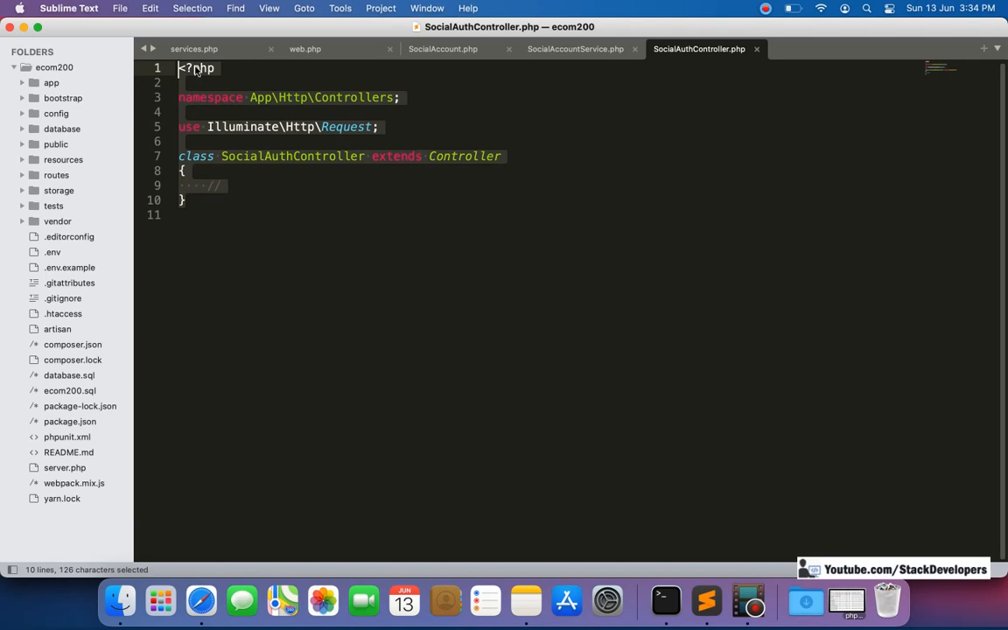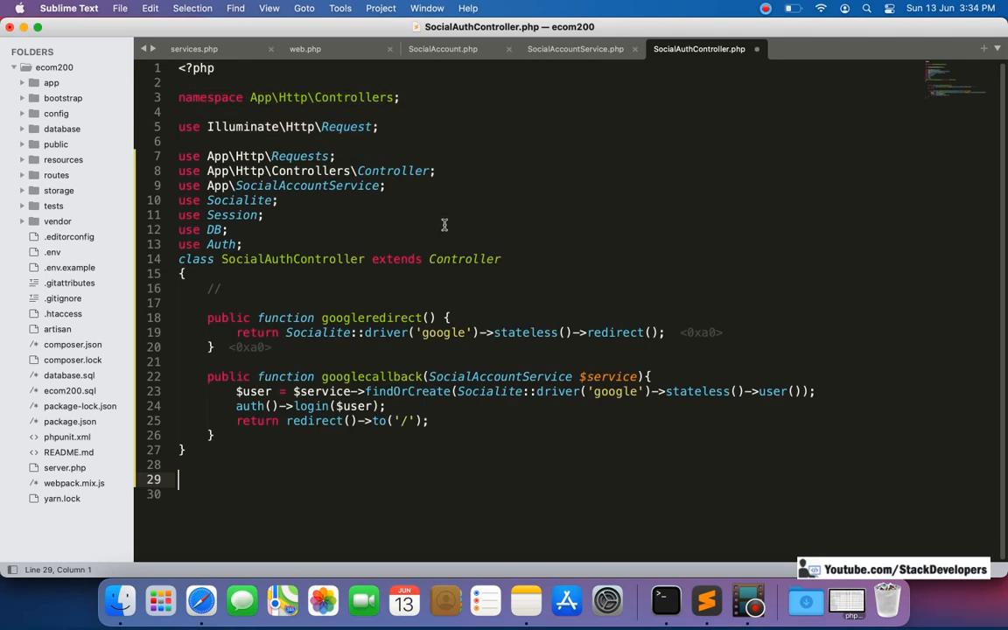In this we are calling those functions that we have created, Google redirect and Google callback. This is the function that Google is calling. This URL we have given there, and from this function Google will create the account. Google will fetch the user and will be able to redirect to the website. Okay, so now